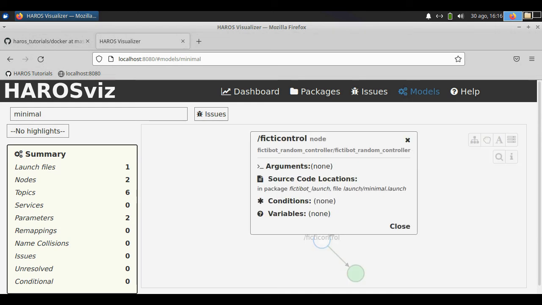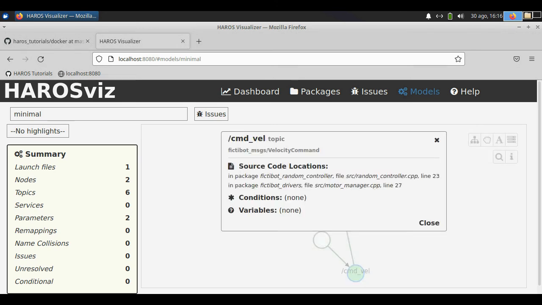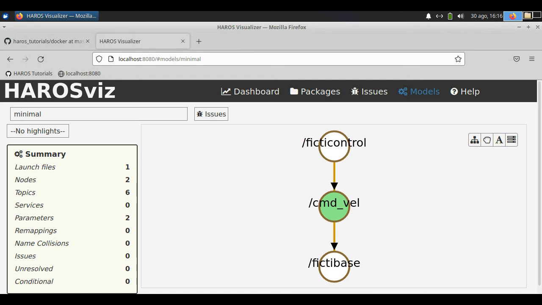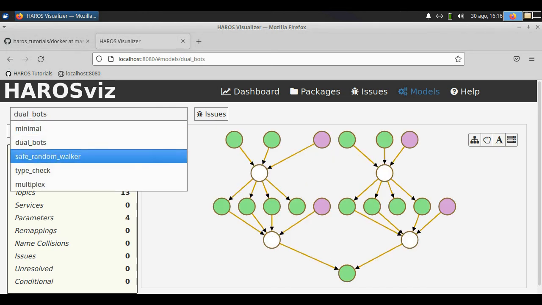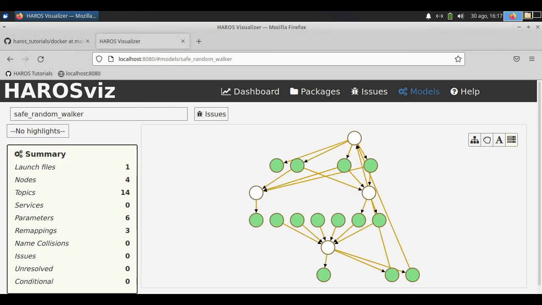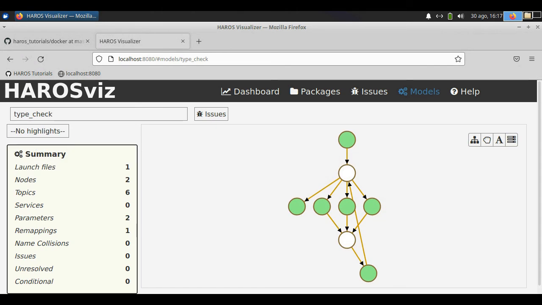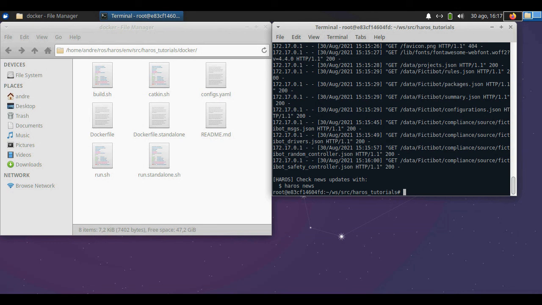But you can see that it's got here some circles of various colors. The purple ones are ROS parameters, the white ones are nodes, the green ones are topics. You can see their names, you can see their types, and where they are connected to. You can change between different models associated with different launch files. And that's basically it for this initial demo and installation setup.